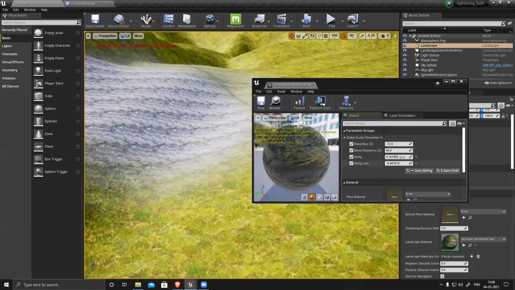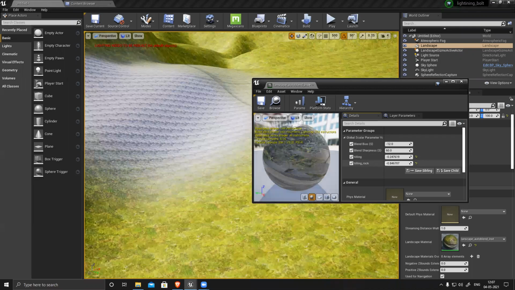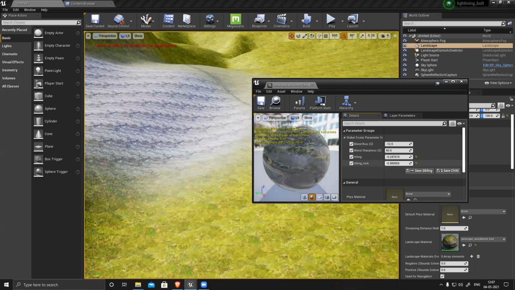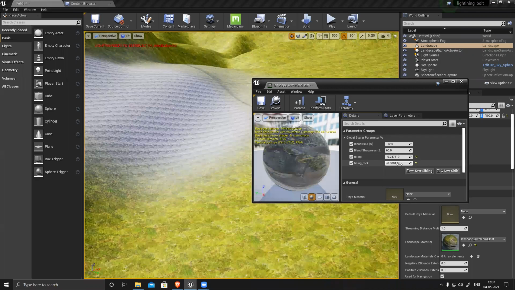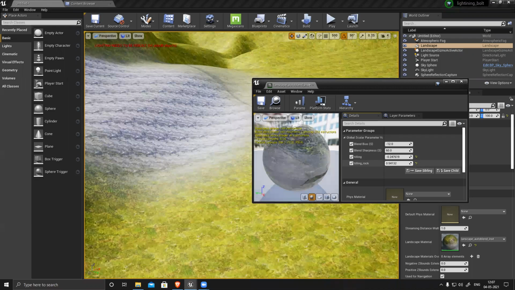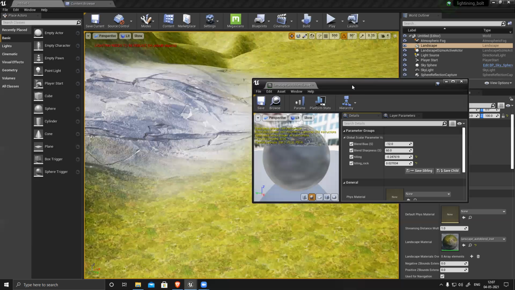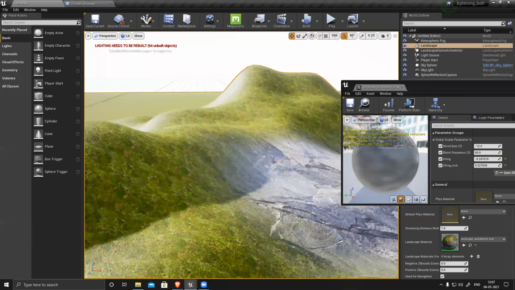Tiling, so I can control. It should blend automatically. Why is it not creating those blends?